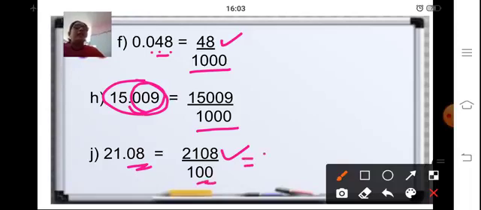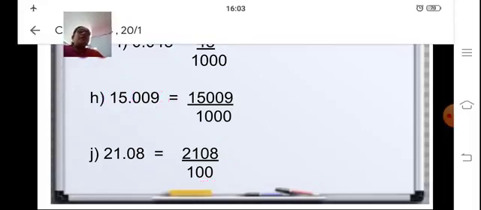So when you change it into decimal numbers, again you will get the same answer, that is C here. We already did in the first exercise. So that will be 2108 upon 100. So this number you will write as it is. 100 means after the two decimal places. So you'll put the point here. Okay. So it's quite very simple.